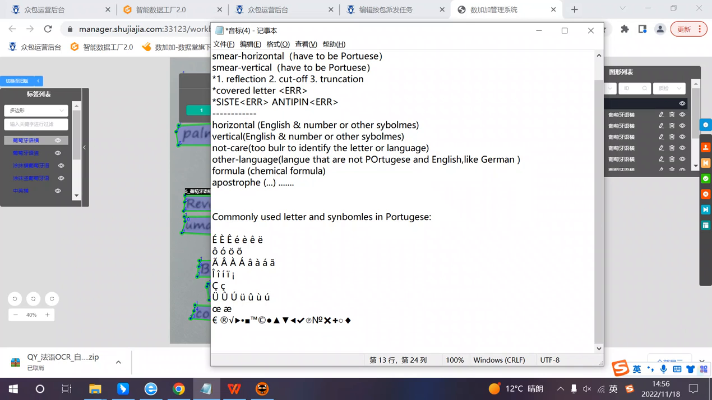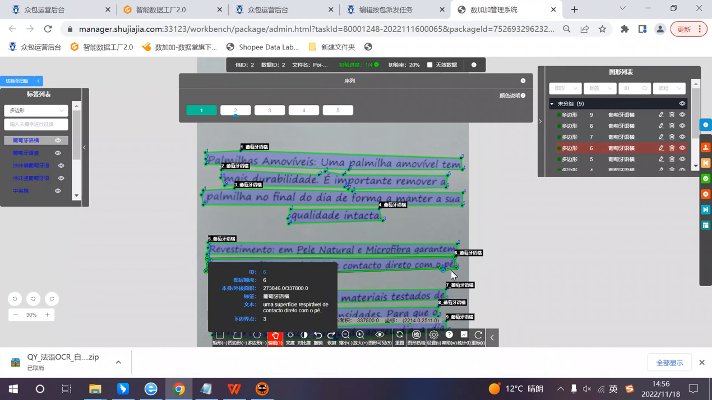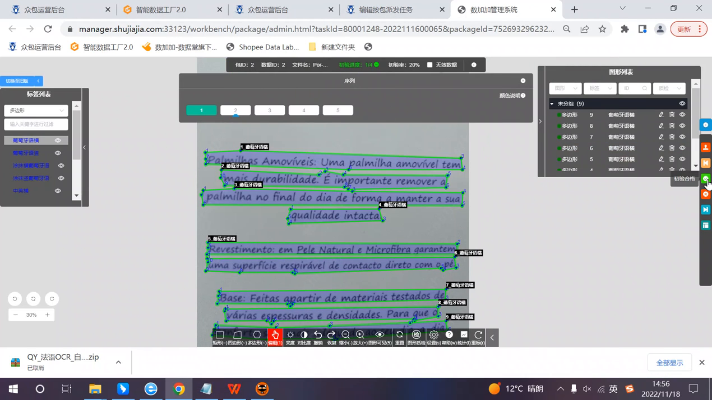Okay, so these are all the 10 attributes, and 4 of them are the language attributes that we need to give text transcription to. Okay, and after you've done this, just do not forget to set